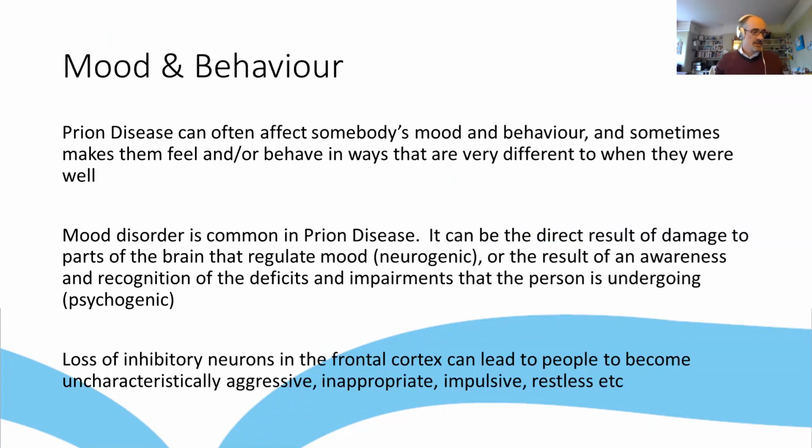Now, as I said, there are various types of onset in CJD, and there is a behavioural onset as well. So this may be the first symptoms that you recognised in your loved one, is that their behaviour becomes more erratic. Mood disorder is very common in prion disease. It can be